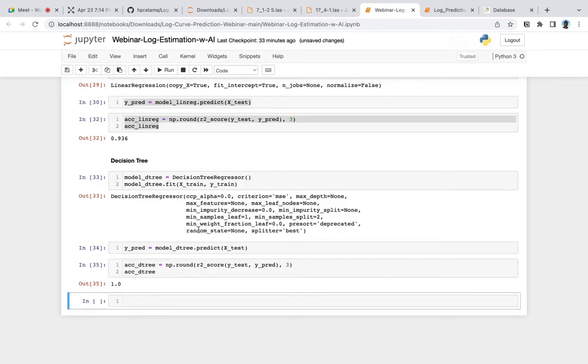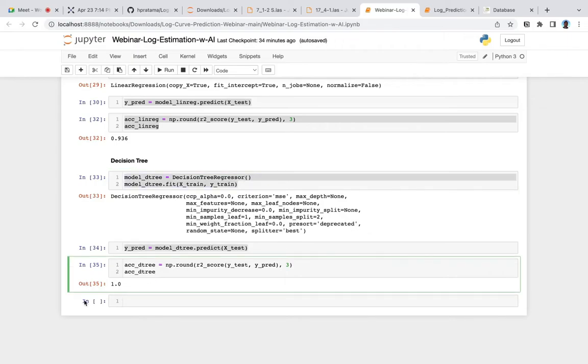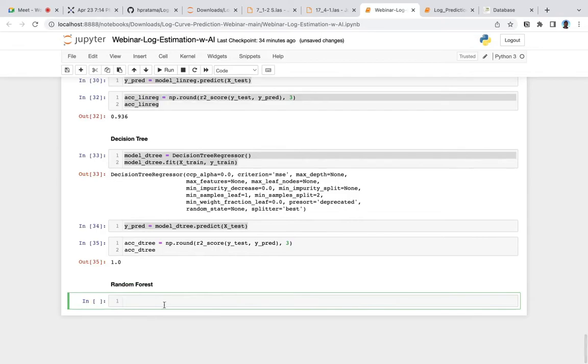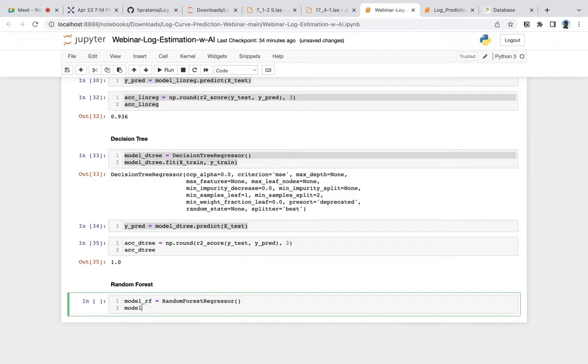And after that we are going to use the random forest. Type the same thing, it is the RF, which is the random forest, and then choose the random forest regressor function here, and then we fit our data: fit X train and also Y train.